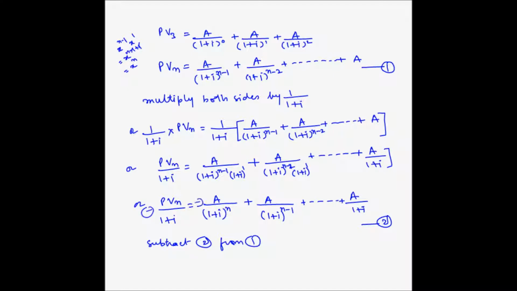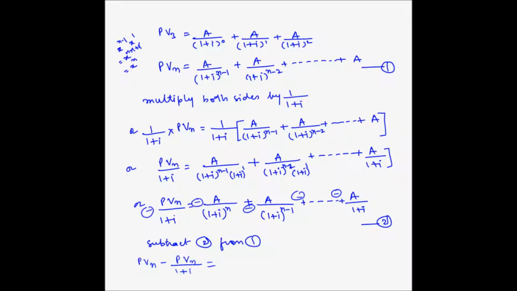So minus, minus, minus, minus, minus. So our left hand side becomes PVN minus PVN divided by 1 plus I. So PVN minus PVN divided by 1 plus I is equal to, now on the right hand side we have